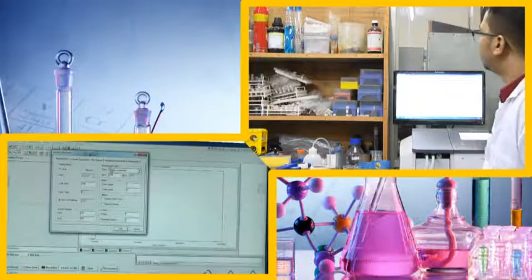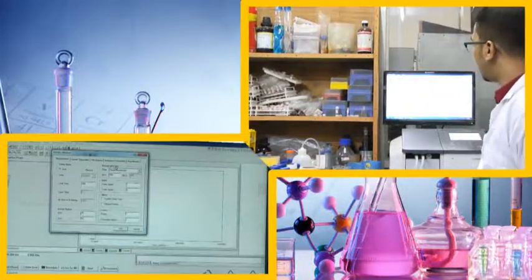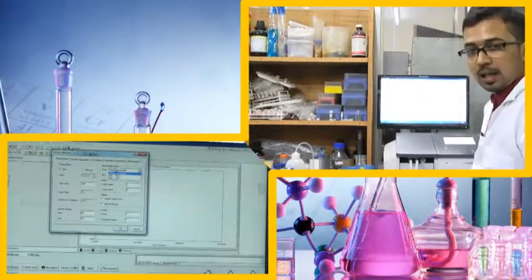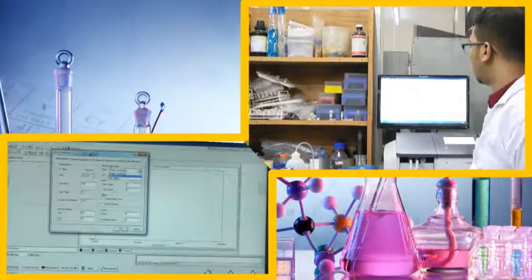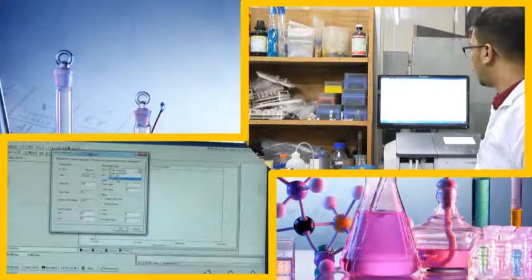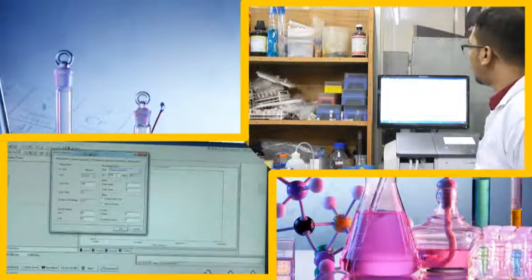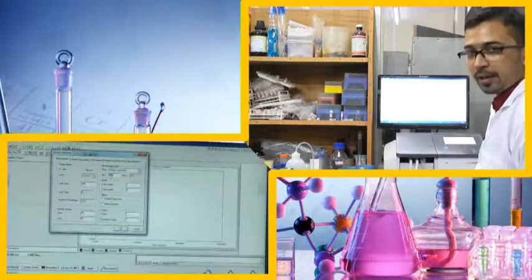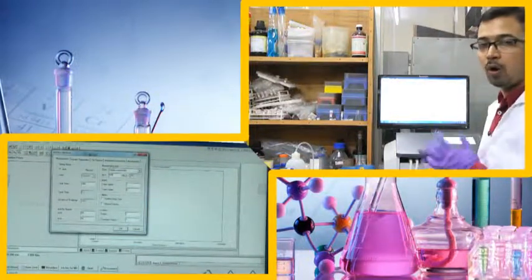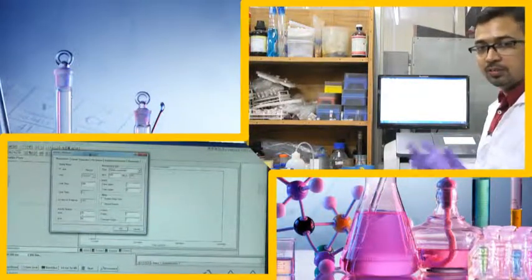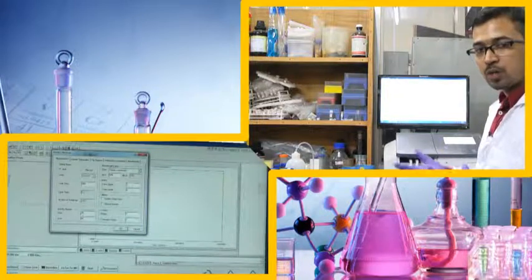Next thing we need to see here is the wavelength. The wavelength is given in nanometer. The number of wavelengths we need to study here is either single or multiple. Here WL1 minus WL2 or WL1 by WL2, other modes are also shown. However, we are interested in a single wavelength, and the wavelength we are going to study is not 290, but 540, because we are going to see the effect on catechol using catechol oxidase, the enzyme which actually oxidizes catechol.